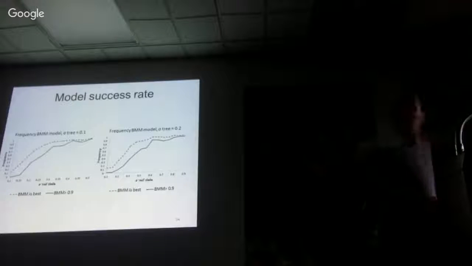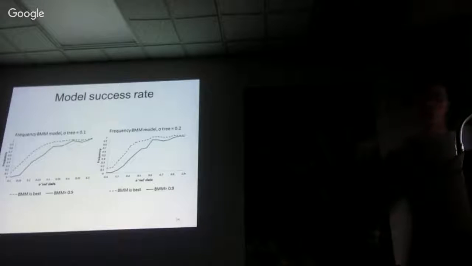And here are the results, and later I'll show you very similar graphs, so I'll briefly walk you through it. Along the x-axis, you can see the sigma value of the red clade. The red clade was the smaller clade that I kept changing the values of, whereas the rest of the tree is kept at a sigma value of either 0.1 on the left or 0.2 on the right. The frequency that the BMM, the multi-rate Brownian motion model, is chosen as the best model is shown